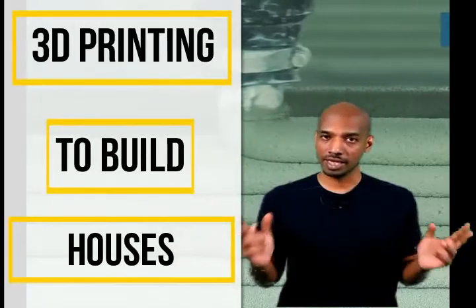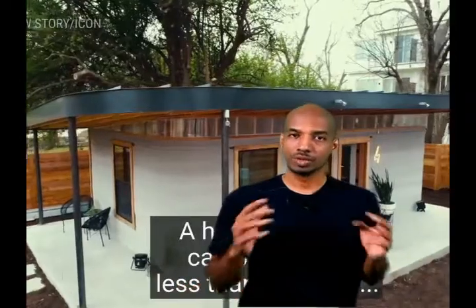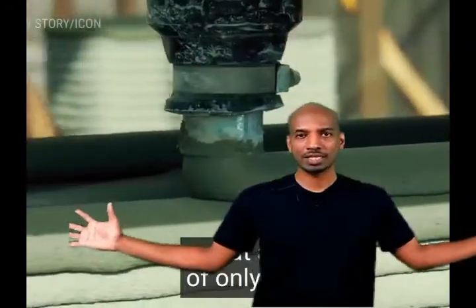3D printing has generally been used to prototype small objects, particularly mechanical objects. So today I'd like to show how 3D printing has been used to make really large objects like houses